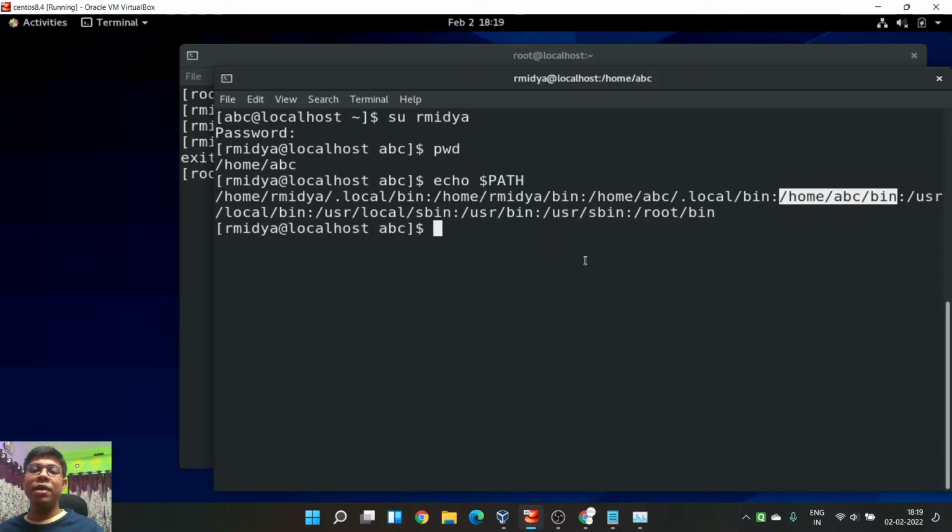So this is what I can call a temporary kind of switching. You just switch the user temporarily.